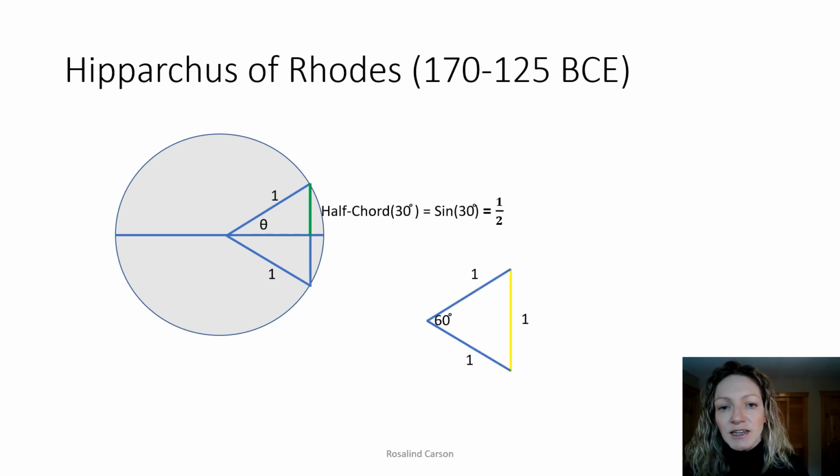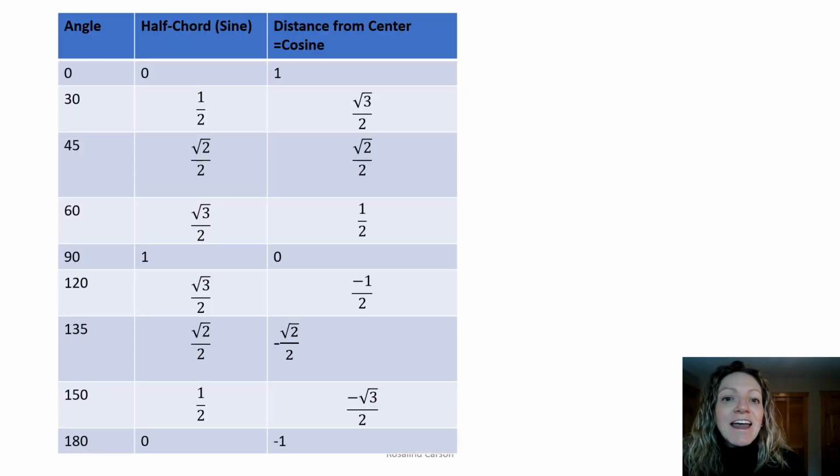All right, so I put that in green so you can see the half chord length after traveling 30 degrees is 1/2. Now the distance from the center, there it is in red. You can use Pythagorean theorem to calculate it. The lovely thing is there's no radicals in the denominator. Yay! And again, you can travel around the circle in increments of 30 degrees, fill in your chart of all